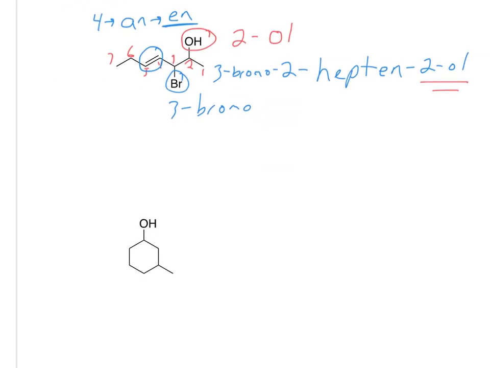Alright, the last one, if you guys remember, what we want to do is look at that there's a ring, and the prefix for a ring is cyclo. So anytime we have a ring, we're going to use the prefix cyclo. And then after that, we just count up the carbon. So it's 1, 2, 3, 4, 5, 6. So we get 6 carbons is cyclohexane. And remember, we change the E to OL to show that it's an